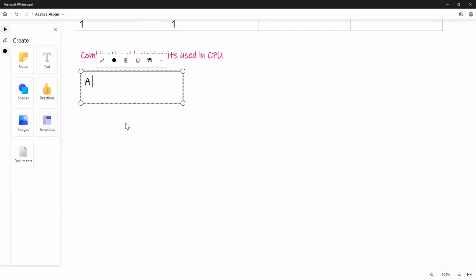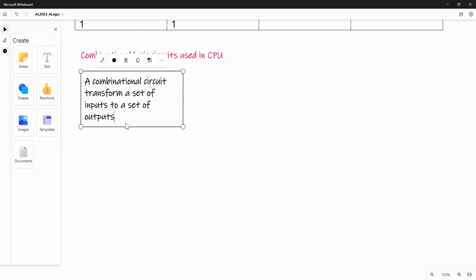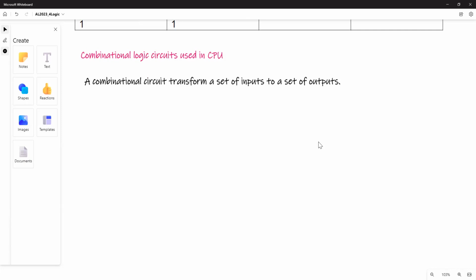we can say a combinational circuit transforms a set of inputs to a set of outputs, and that's all, because you will see the difference in the other ones. Okay, so that means